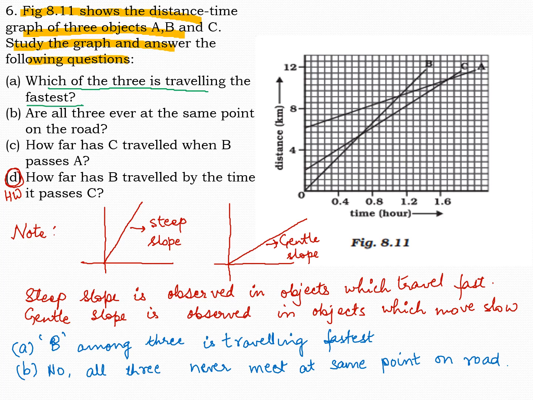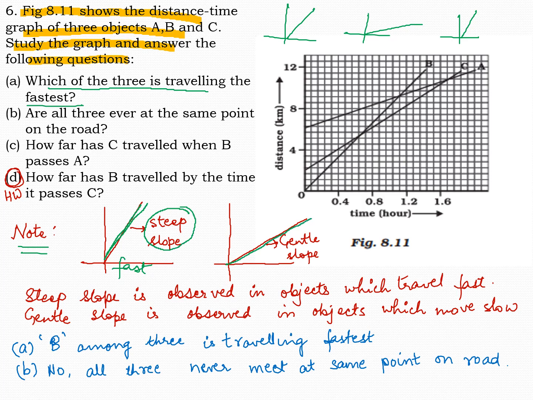So when slopes are given, when lines are given in a graph, like different kinds of lines, how will you tell what the relation is? I have given you a short note here. This very standing kind of line, are you getting me? They are called steep slopes. So a steep slope means that the body is traveling fast, and when the line is slowly increasing, they are called gentle slopes. Whenever gentle slopes are there, it means the body is moving slowly.